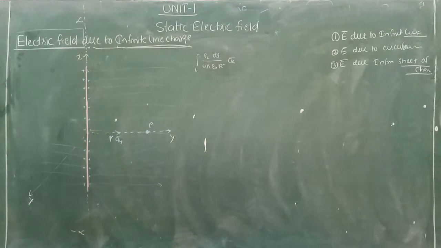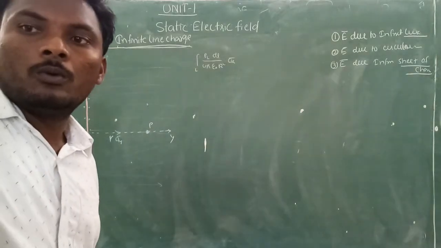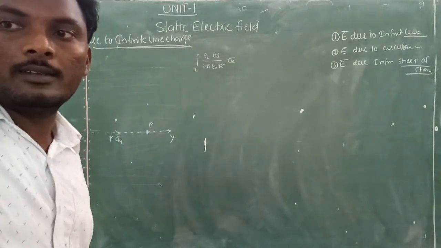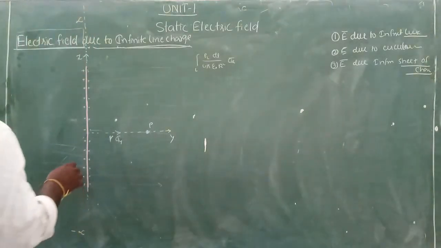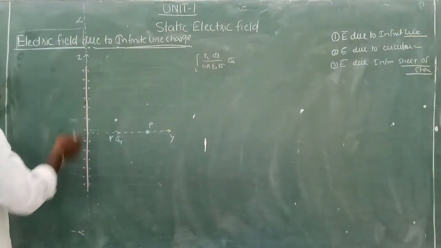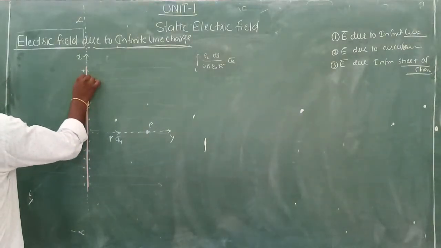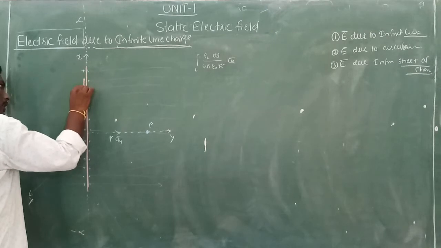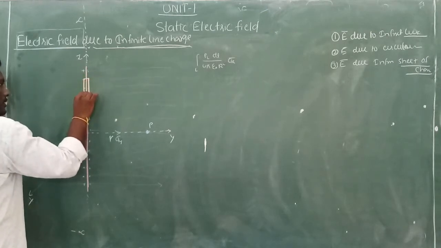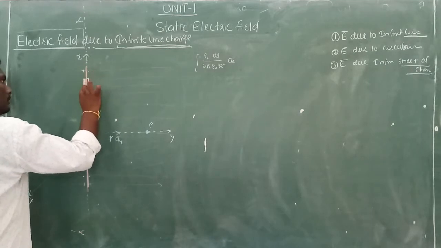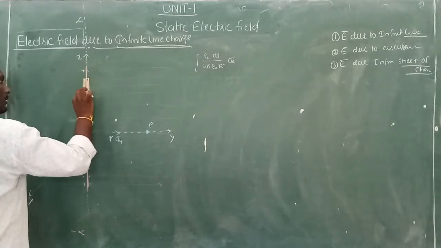Is it or not? Okay, suppose, see here, which type of charge is considered here? Is it a finite length of conductor or an infinite length of conductor? It is an infinite length, minus infinity to plus infinity. So in such cases, what do we have to do during the derivation of electric field intensity? Instead of considering the entire length, we have to consider a small differential length on the z-axis. This is my small differential length on the z-axis.